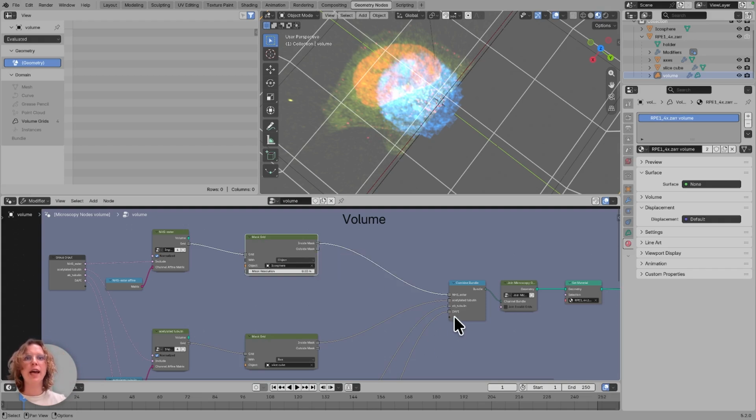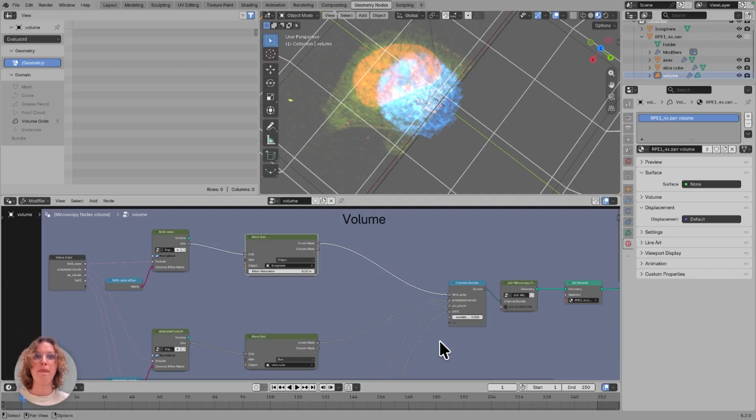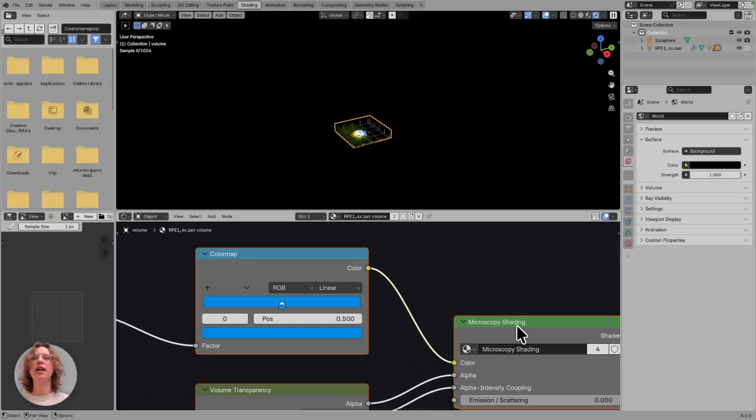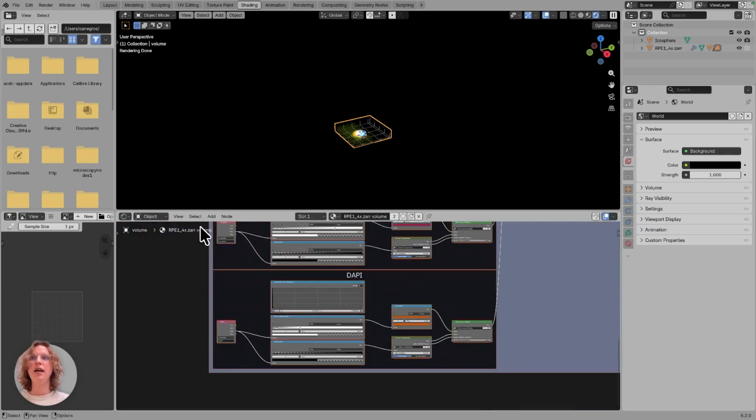For this, I'm going to add a channel here called outside NHS, and connect the outside masks to this. And this currently doesn't show up because it needs to be shown within the shader. And for this, we need to go into the shading tab, where we had all of our different channels. And we can add,